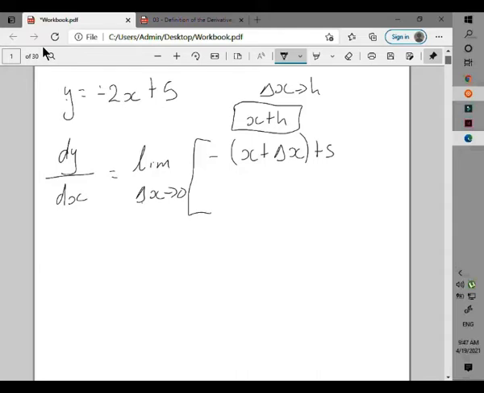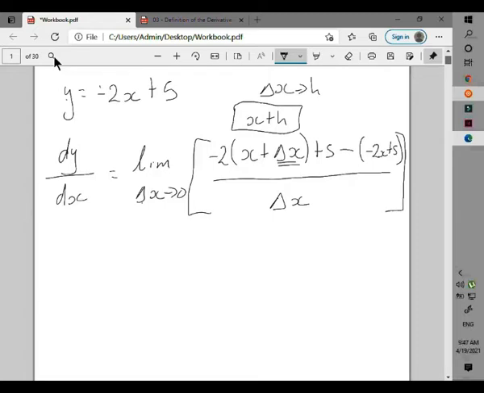Good. Oh shoot, I made a mistake. This should be 2 in front. So this is minus 2 times x plus delta x, close your bracket, plus 5. And then it's minus f of x. I have my minus sign. You use your bracket, which is minus 2x plus 5. Close my bracket. And now since we made use of delta x here, you're using delta x in the denominator as well.